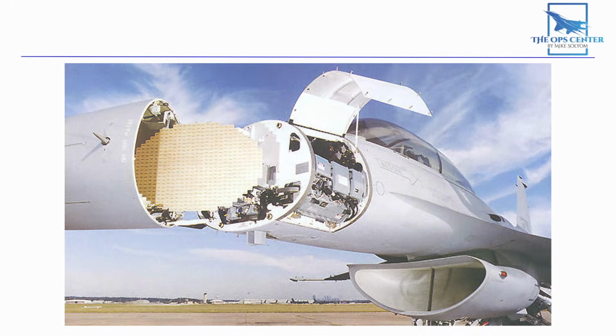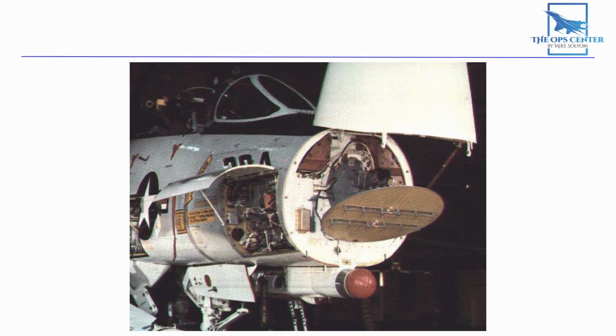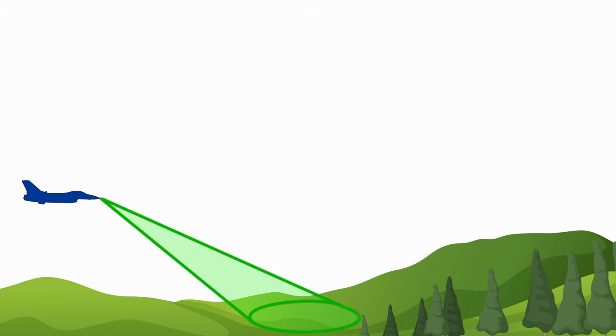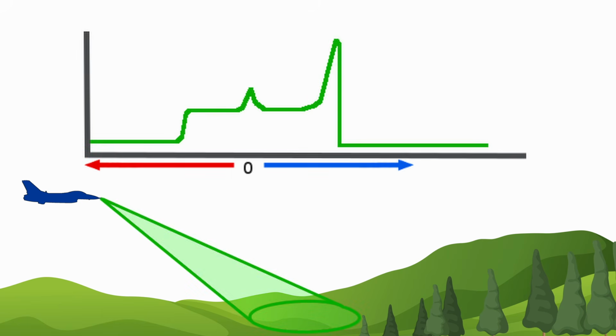But that changed with the advent of digital computers that were small enough to fit inside of a fighter. This happened in the 1970s, ushering in a new era in aerial warfare. The most noteworthy effect is the ability to filter out returns that are moving at the same radial velocity as the Earth's surface. Here's how that would look from the perspective of a mobile radar like what you would find